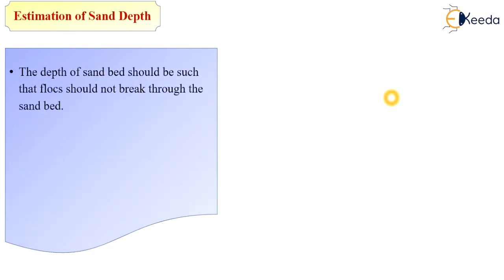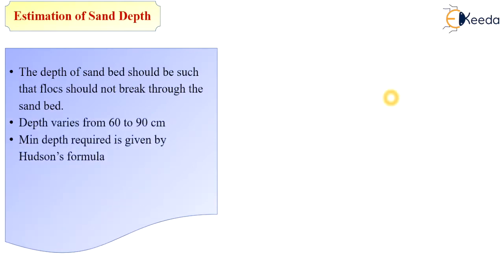Then the estimation of sand depth. The depth of the sand bed should be such that the flow should not break through the sand bed. So the depth varies from 60 to 90 centimeters. The minimum depth required is given by the Hudson formula, which is Q into D cube into H divided by I equals Bi into 29323, where